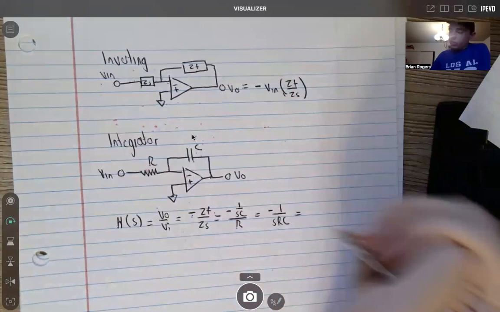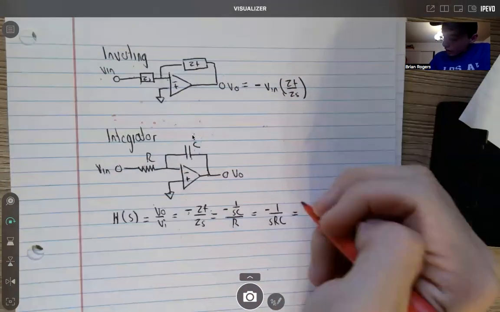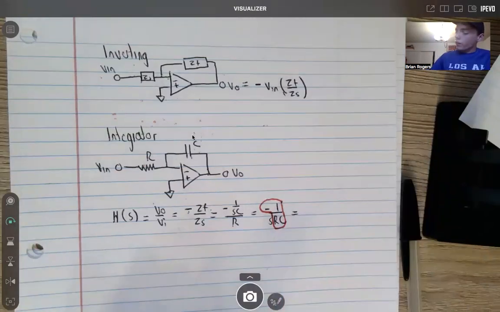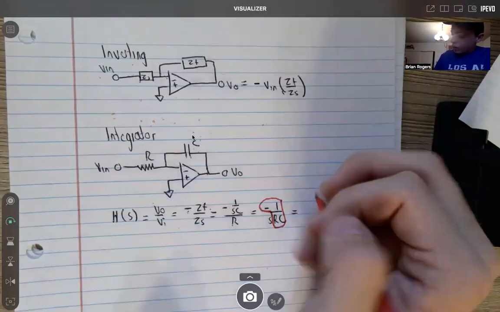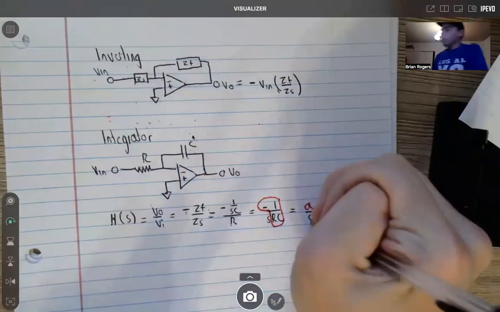Resistance and capacitance are constant, right? This all here is constant. It's just the S term that's going to vary. So I can write that all as A over S. And if you remember,